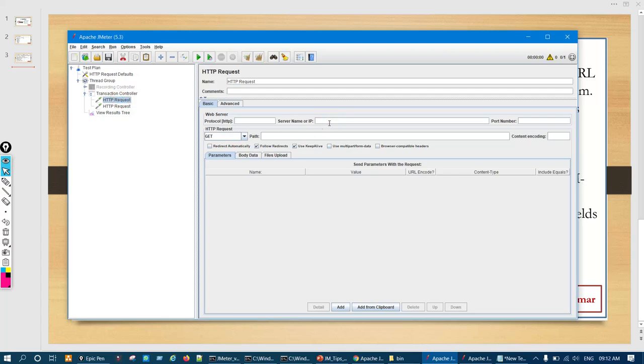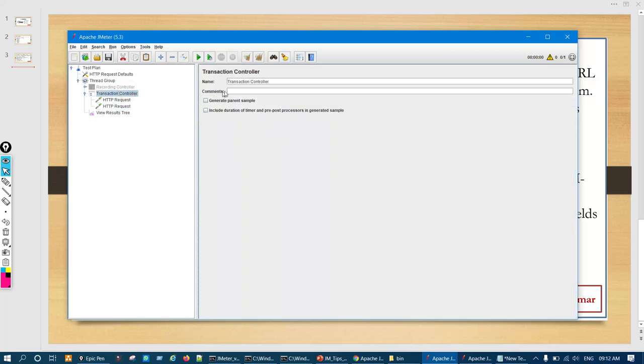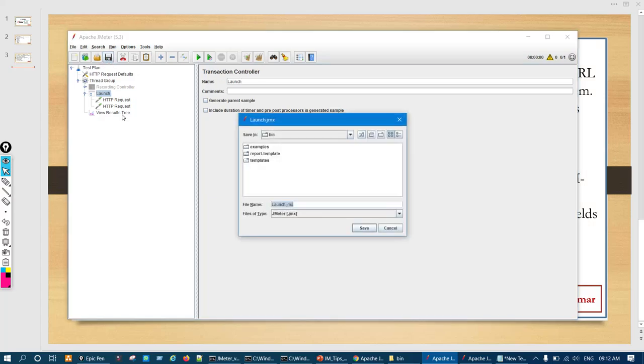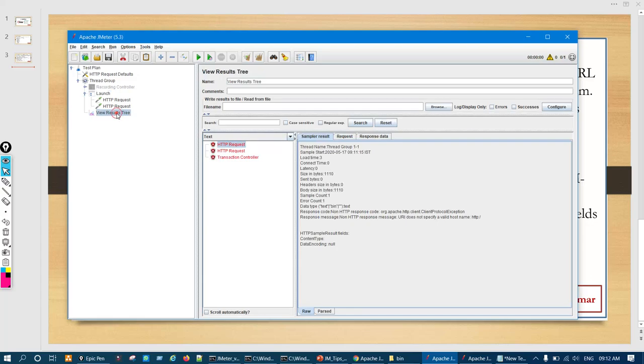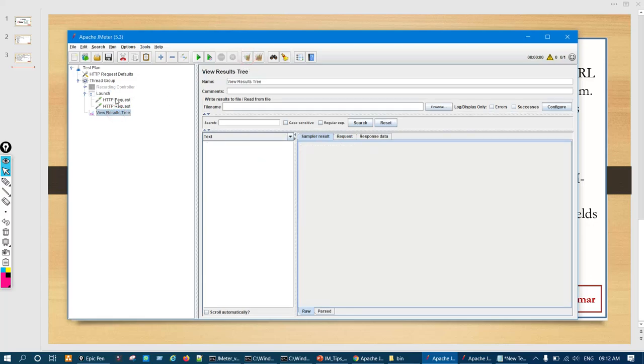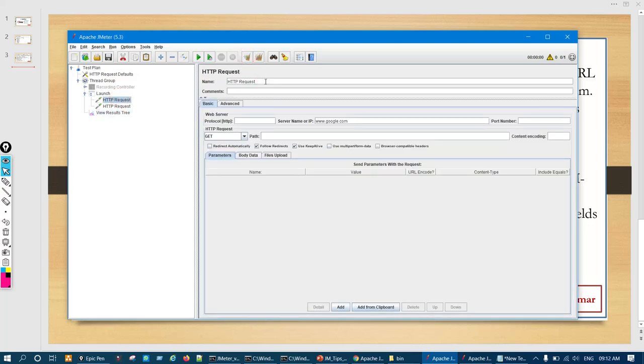I'll write google.com, and here also the same, two requests, and give the transaction the name launch transaction, and execute it. This is request 1, and this is request 2.